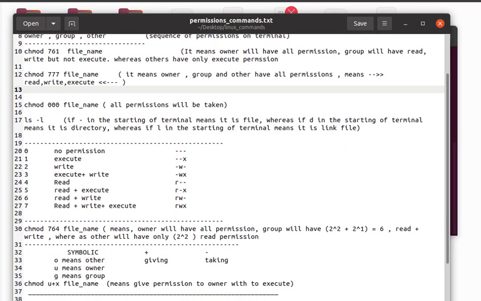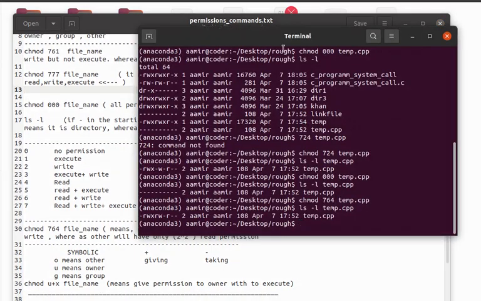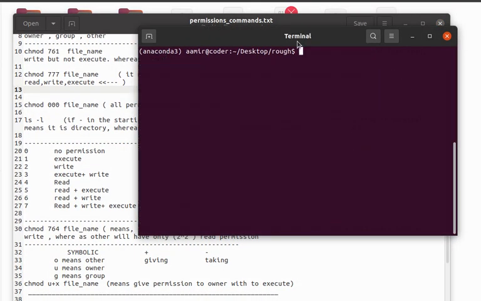So now let's change these permissions with the help of symbols. So how will we change this? Let's check again the same. As you can see, no, let's change again all to 0.